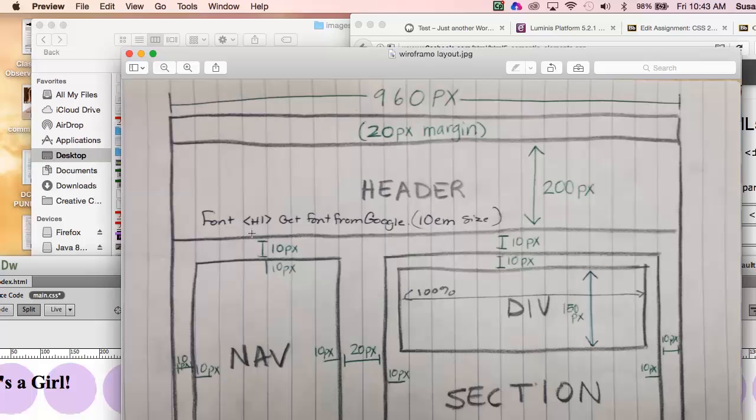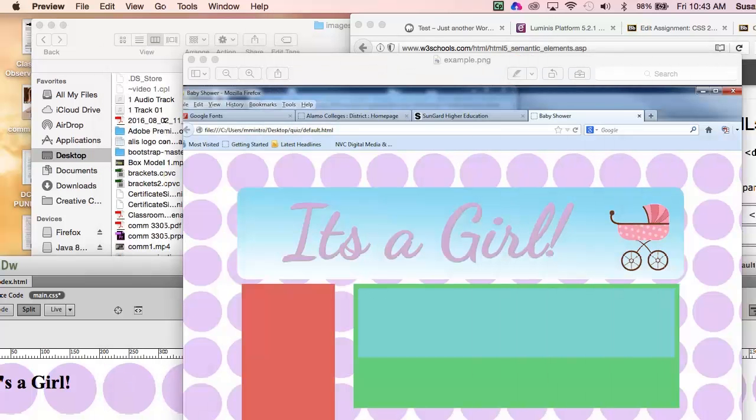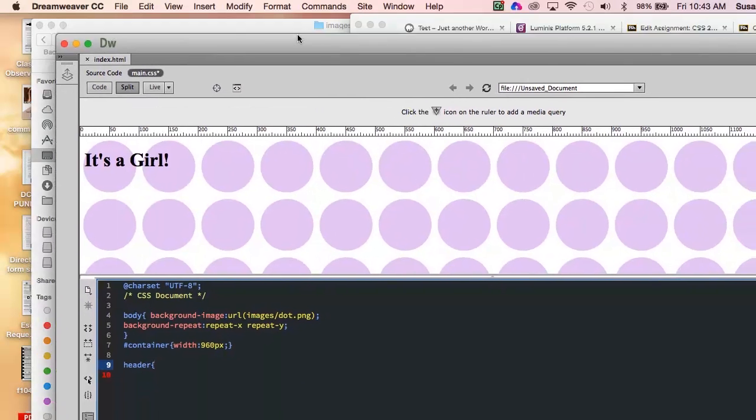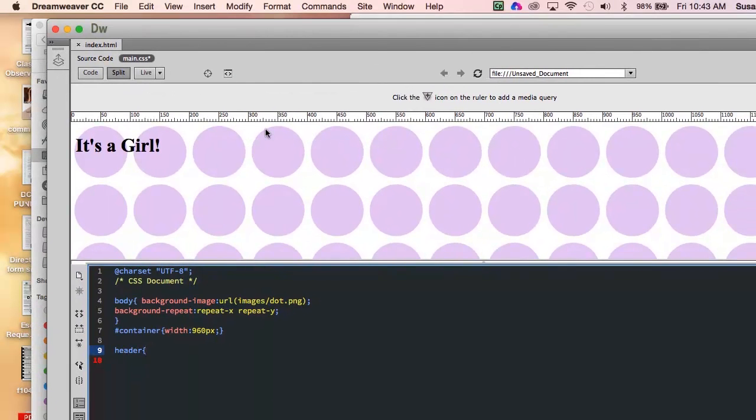I can either put these 10 pixels on the top of this or the bottom of the header, or the top of the nav and the top of the section. But I can't put it in both places. So let's go ahead here. So my header